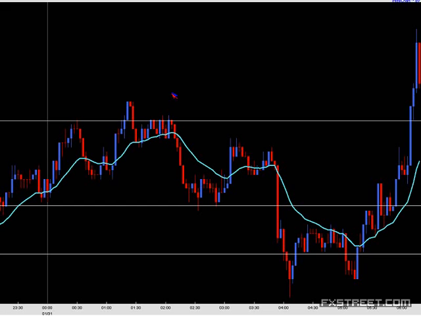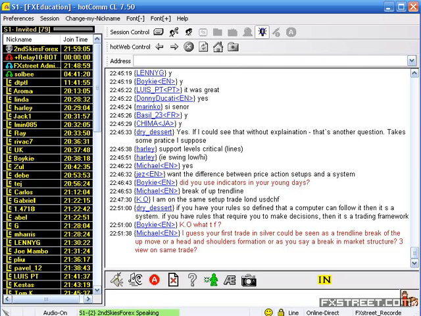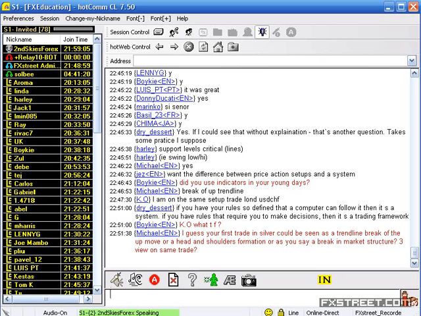Who's going to be able to answer that question better? The person with more experience, because they've seen more patterns, they have more experience, they've taken in more data. They're going to be more comfortable answering those questions. But as you're learning to trade price action, that's a much tougher decision for you to make in real time. And if you're having to make that decision on a 3 or 5 minute time frame as opposed to a 1 hour and 4 hour time frame, that's a much tougher decision to make. You have to make that decision really fast.